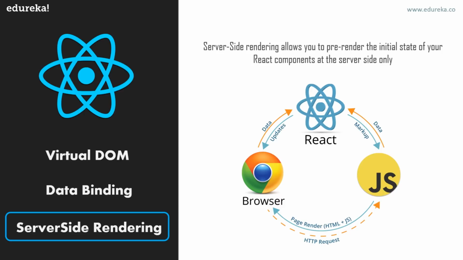So in a nutshell, what is the difference between client-side rendering and server-side rendering? So in client-side rendering, your browser downloads a minimal HTML page. It renders the JavaScript and fills the content into it. This is client-side rendering. And what is server-side rendering? On the other hand, server-side rendering renders the React components on the server. And what is the output? The output is the HTML content. So that is the use of server-side rendering. So we talked about three important aspects of React.js, that is virtual DOM, data binding, and server-side rendering.